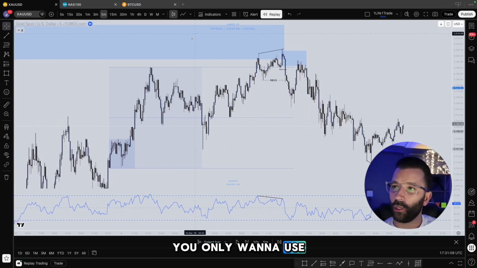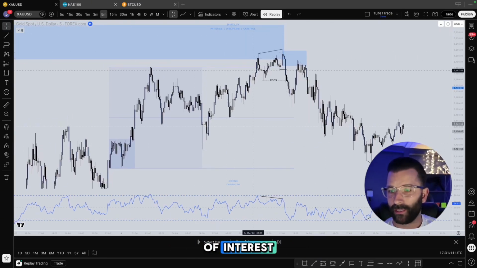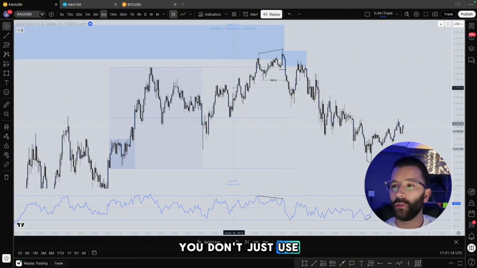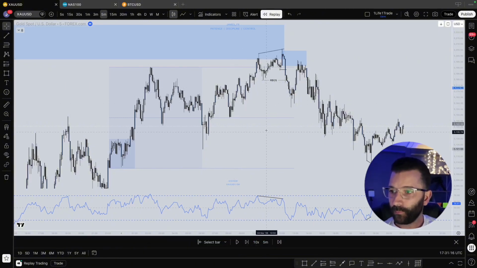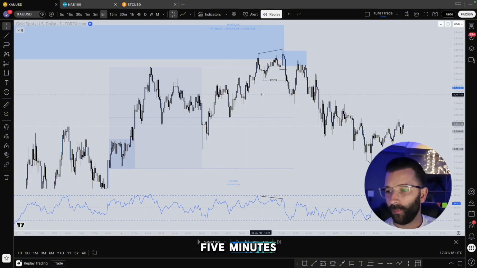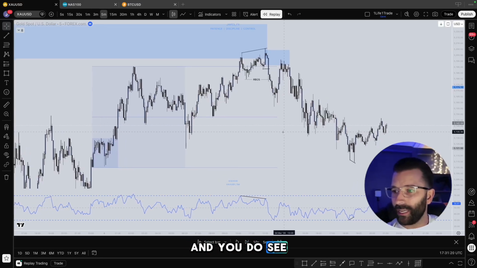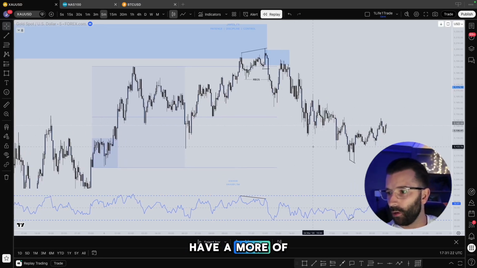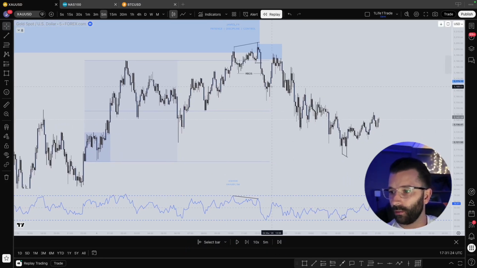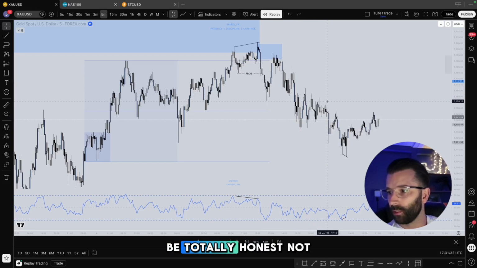One, you only want to use it in your point of interest. That's where you don't just use it anywhere and everywhere. Two, you're only going to use it on the 5 minutes. Let's have a look down here. So if we look along here, is there any? Not so much, to be totally honest. Not so much on the top. I mean, we have got one there,